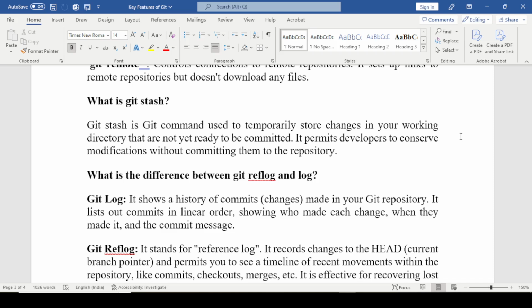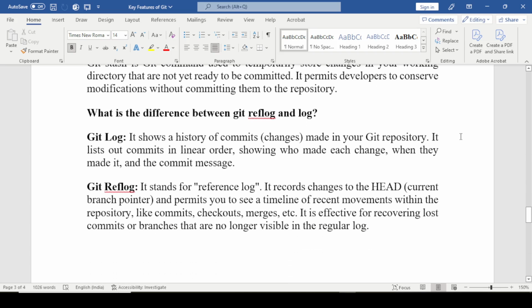Git reflog stands for reference log. It records changes to the HEAD, the current branch pointer, permitting you to see a timeline of recent movements within the repository like commits, checkouts, and merges. It is effective for recovering lost commits or branches that are no longer visible in the regular log.